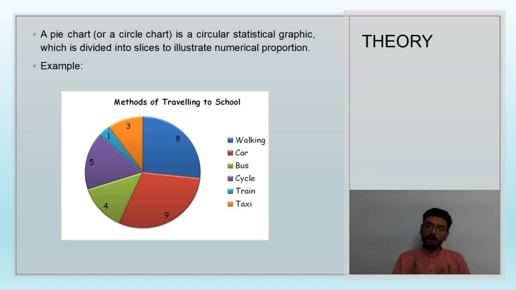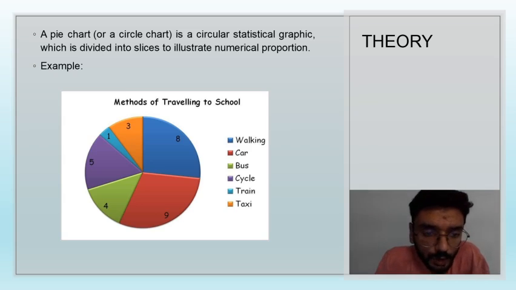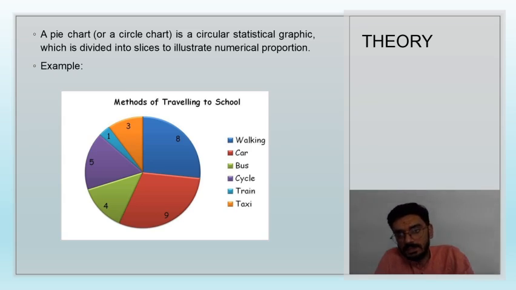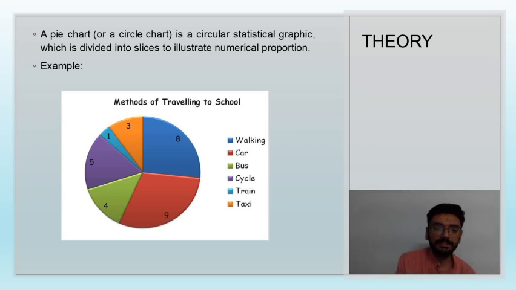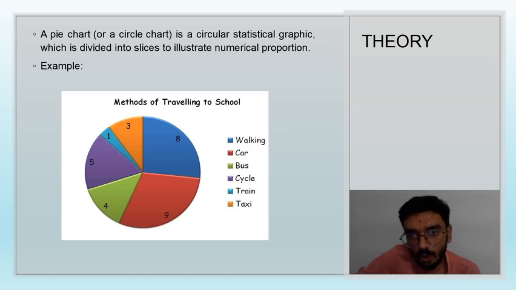Now, just by looking at this pie chart, some of the most important things that must come to your mind are, first of all, this is a circle. The angle represented by this circle is 360 degrees. So you can not only divide it into different slices, but also divide it angle wise. Even the representation of traveling to school by car is a certain angle of 360 degrees, which is the whole of the circle. These things should crop up in your mind.